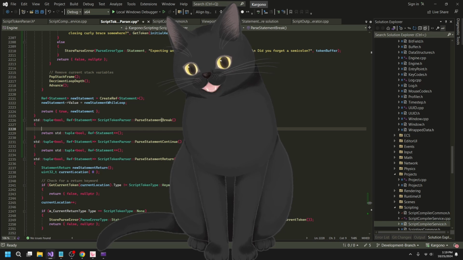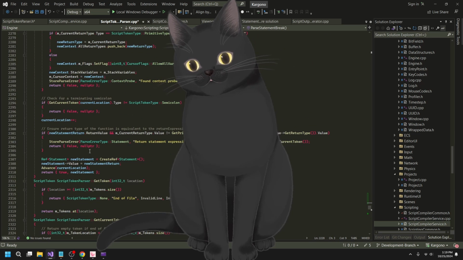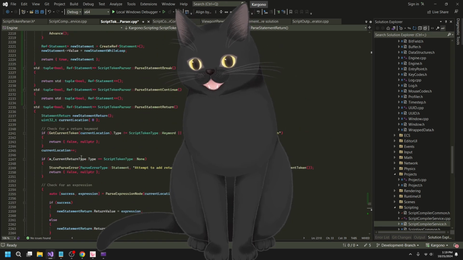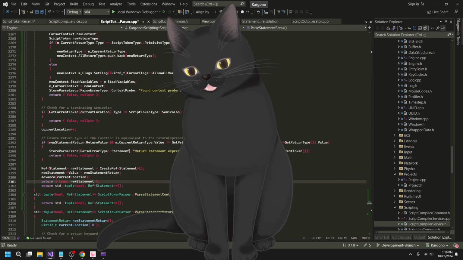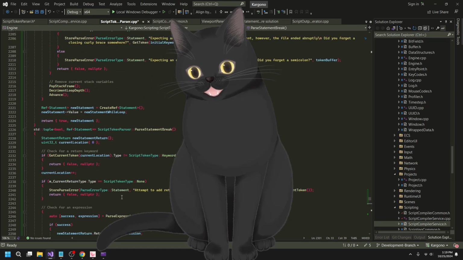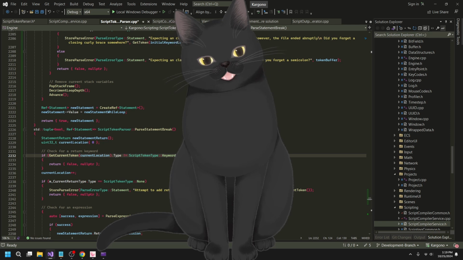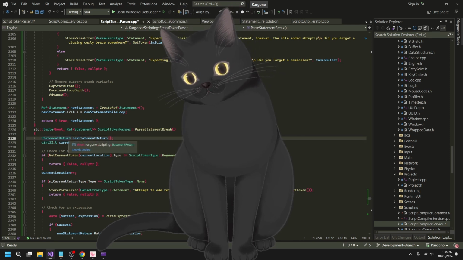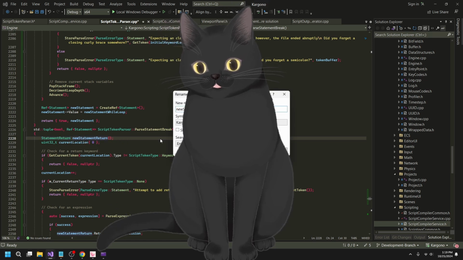And the closest analog I can think of to this is actually just the return statement. And actually, the return statement's a bit too complicated in my opinion for this. I'll go ahead and paste it here, but I'd say like 99% of this is not necessary. I need to do break here. So check for keywords, and this time we're going to do not a statement return. Let me rename this really quick. Statement break.